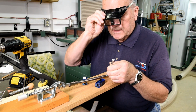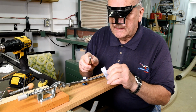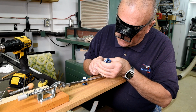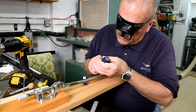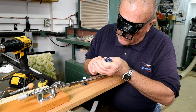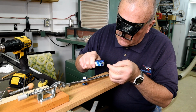So what I'm going to do right now is use the end of this sharp cutter here to plow out any extra residue. And I do have to watch that I don't accidentally ream out the brass tube. In other words, enlarge it, because if I do, then the pen parts are going to be fitting loose in there. And although that's not the end of the world, because you can actually use CA glue to...